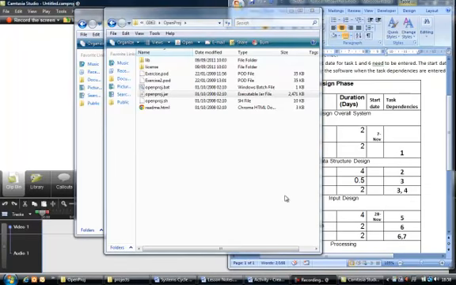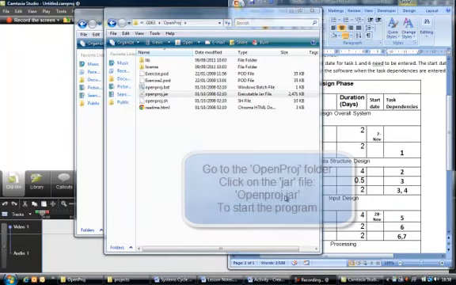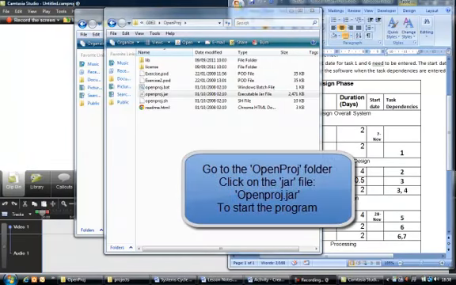This is going to be a brief introduction to using OpenProj, the project management software with which you can create Gantt charts. First of all, find the folder where the OpenProj files are kept. Find there's a file called openproj.jar. That's the file you need to open. So double click,